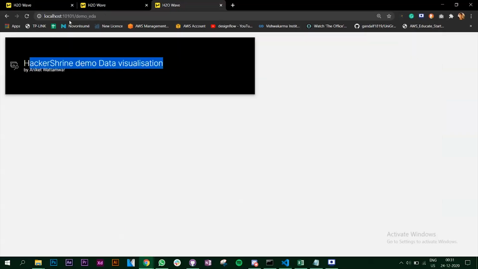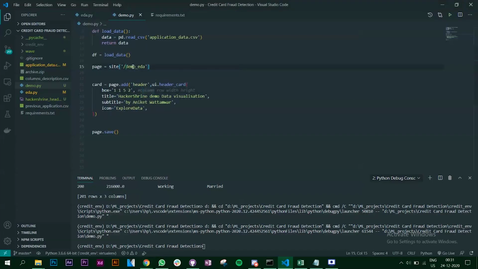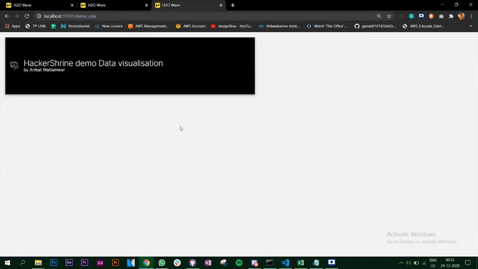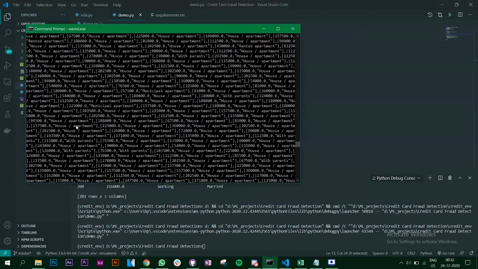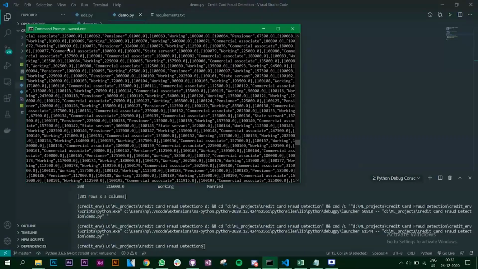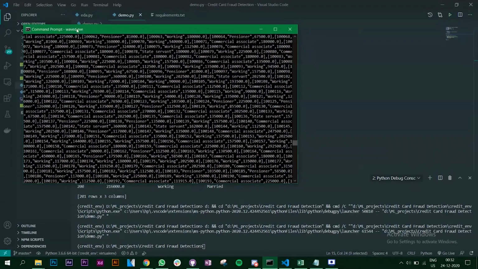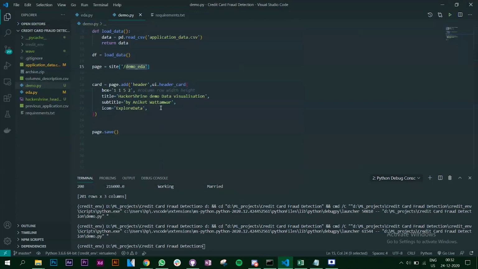So why demo EDA we need to mention after our link? That is because we have said this over here. Okay, so in this way you have to map your URLs. So everything after hash is your URL after this particular port number. Okay, and I'm sure your wave will be running on your command prompt. So if you see your wave.exe is running here, that's why it was able to understand over there. Okay,